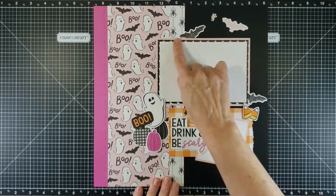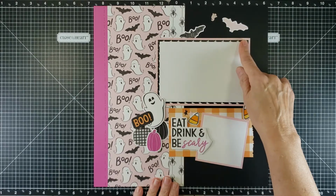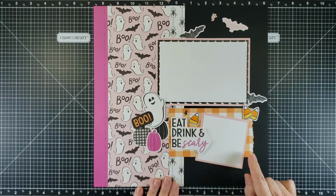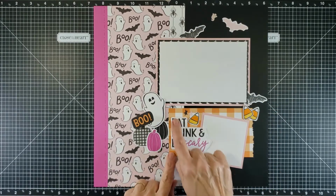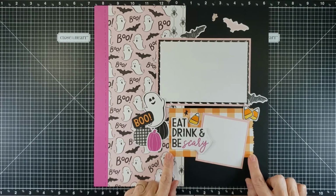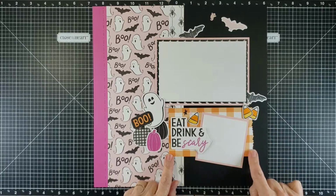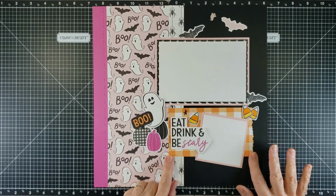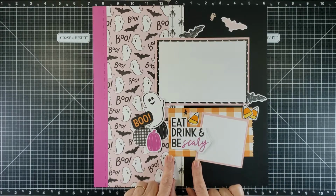On top of that is a 6 1/4 by 4 1/4 out of the star paper that was left over. And then just a regular 4 by 6 photo placeholder. Down here is one of those 6-inch strips that I told you about. I deckled the edge just to make it a little more interesting. And then I put a 3 1/4 by 3 1/4 ballerina